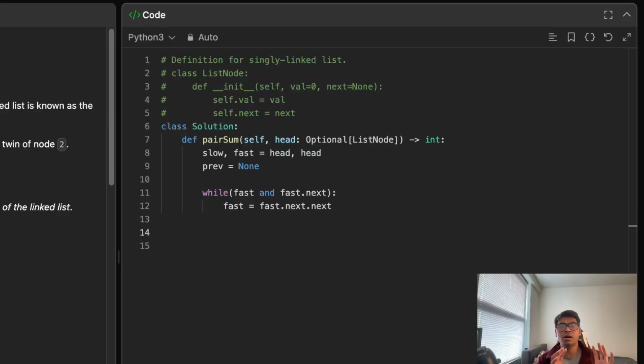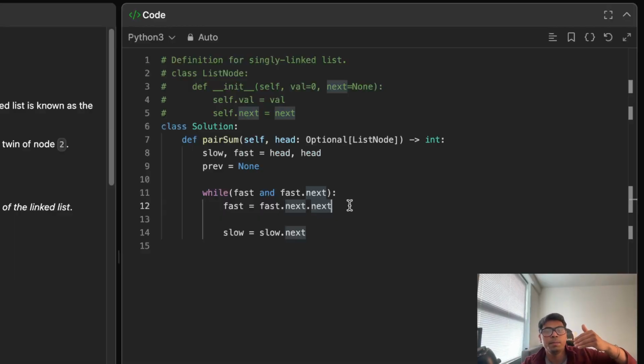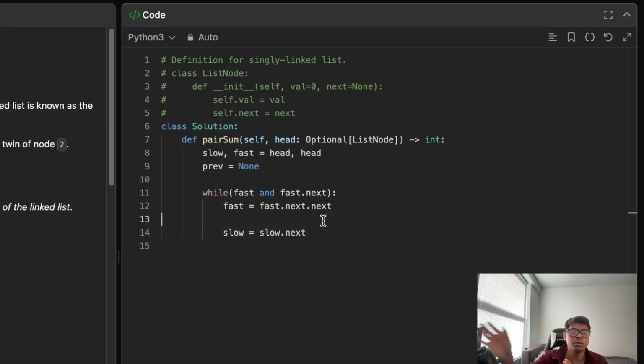Now I know we need to do slow equals slow.next, but before we do this, we gotta play around so that at the end of the day, prev is pointing to the reversed list. The first half of the list is reversed, and our previous points to the reversed head. And slow is gonna point to the next half of the list, the first node in it. So what do we do is,